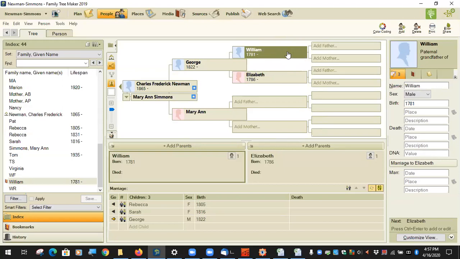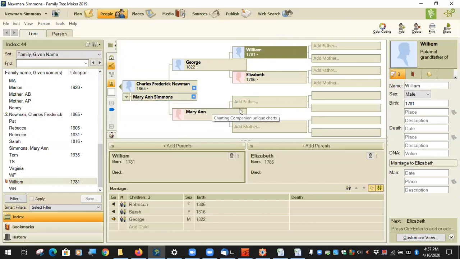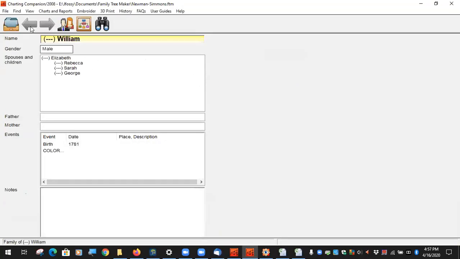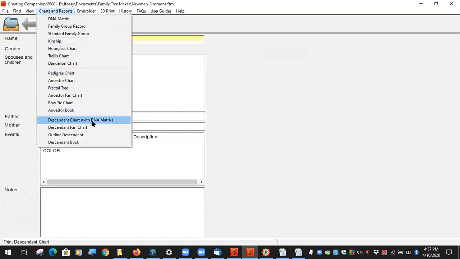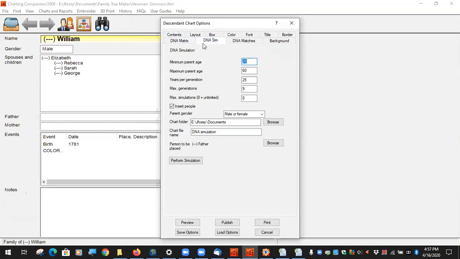So anyway, I'm going to start the tree from up here. I'm going to start up Charting Companion again. DNA matrix, we're going to do that. Now I'll go over here to the DNA simulator. And then here it's going to have some guesswork. Okay, what was the minimum parent age, maximum years per generation? This max generation is good because now we're starting,